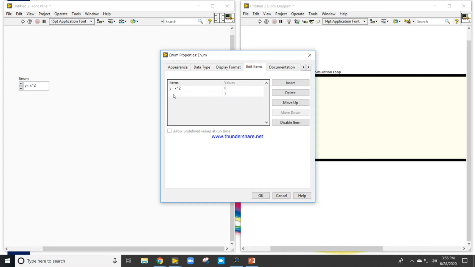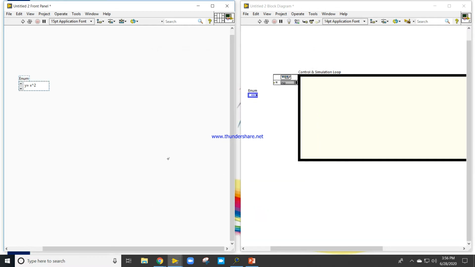Second will be the sine x, and third will be the arbitrary. Okay, done.